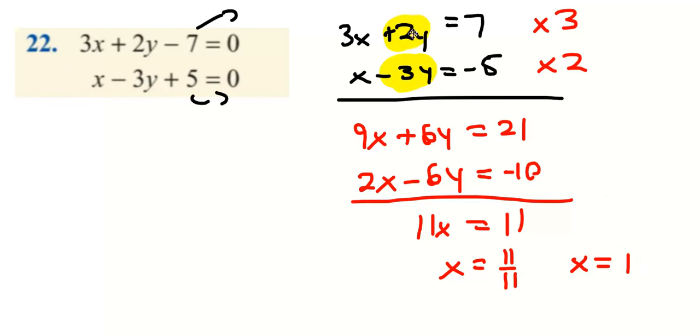Now, we're going to do this a different way the second time. The second time around, instead of getting rid of the y's, we're going to get rid of the x's. So if this one here was a minus 3, we could actually make this quite easy on ourselves. So if we multiply the bottom one by minus 3,